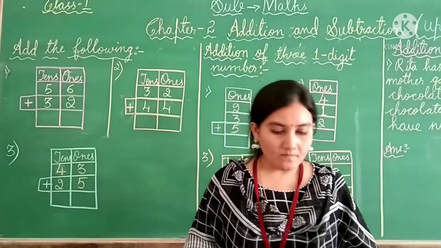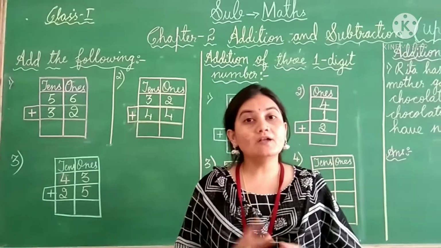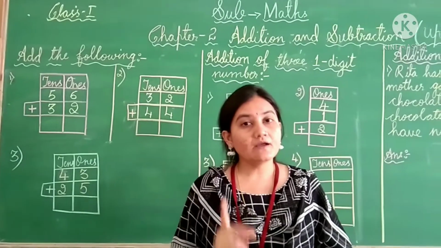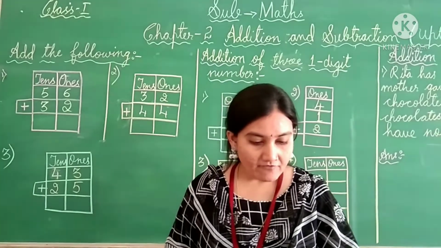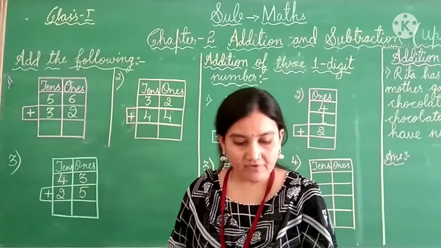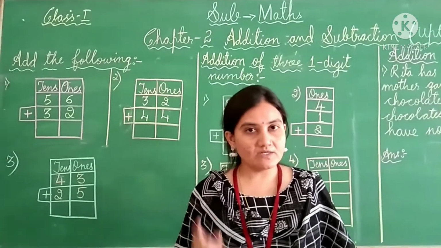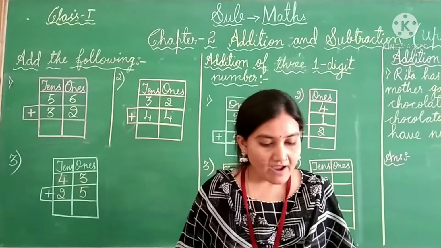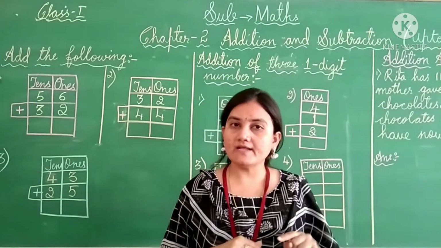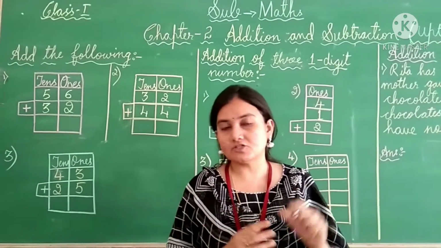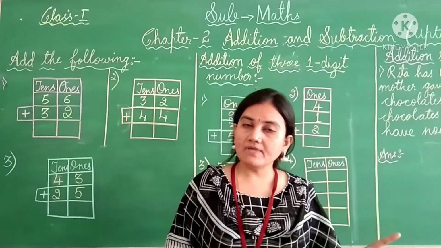Got it, children? So, already you know what is addition, children? Yes, putting two objects together. Putting two objects together is called addition. Then see, while adding two digit numbers, we first add ones to ones and tens to tens. Got it, children? Once again I will repeat it here. While adding two digit numbers, we first add ones to ones and tens to tens. Already you have learned ones and tens, children. Two digit numbers, ones and tens. O means ones. T means tens.